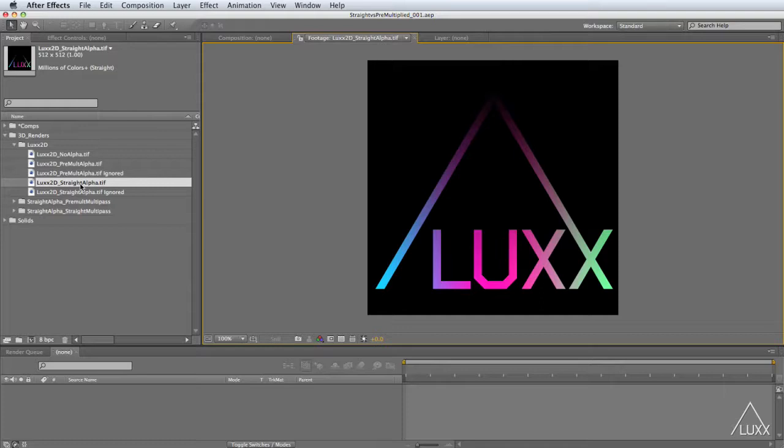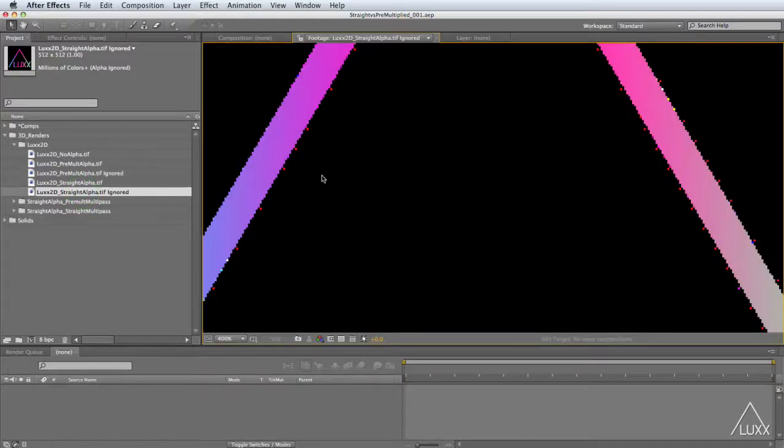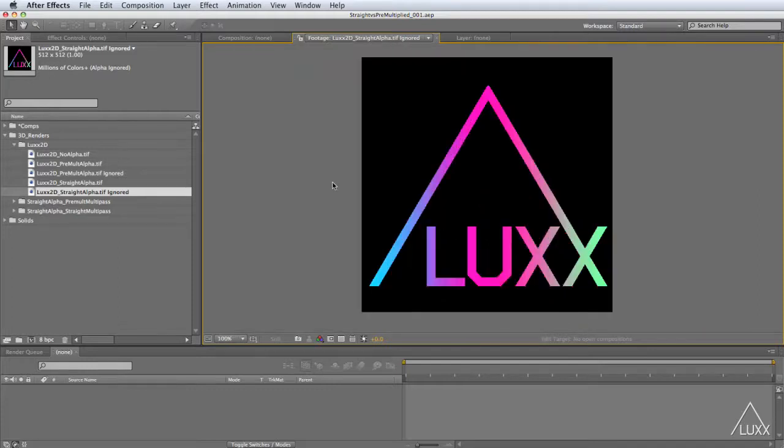If you're unsure of the type of alpha channel that has been saved with an image, then very often one of the best ways to check for it is to interpret it with no alpha and then take a look at the edges. And if you can see areas that have dots such as this, then 9 times out of 10 it's going to be a straight alpha. But probably the best test is just to try